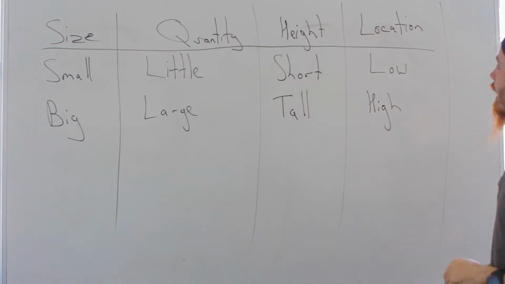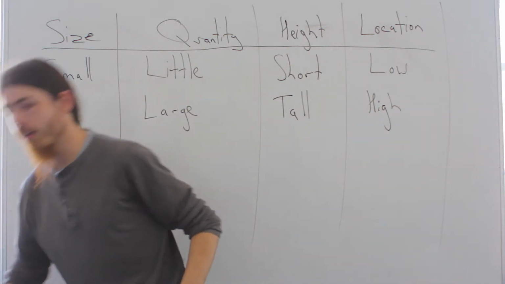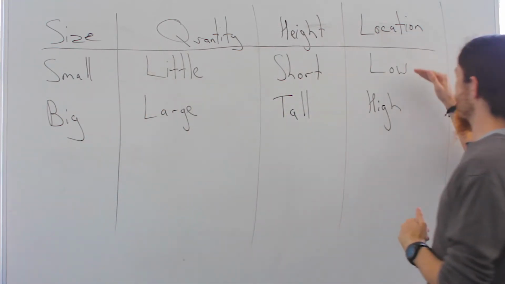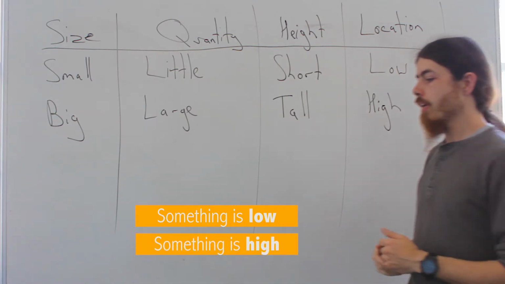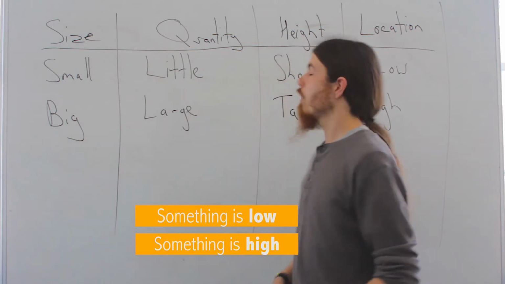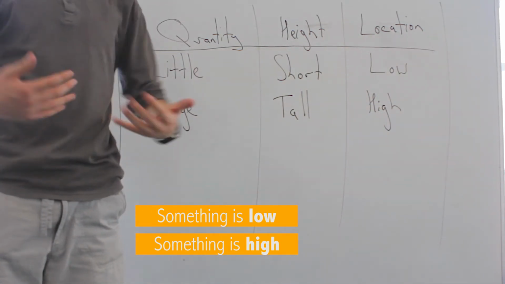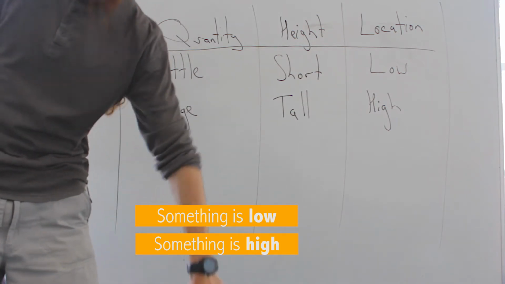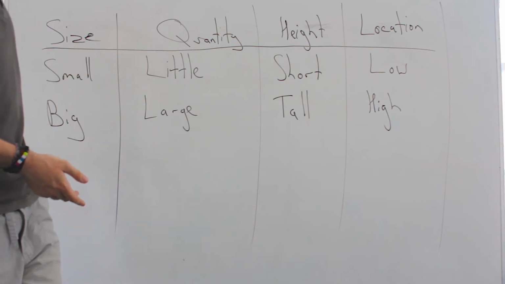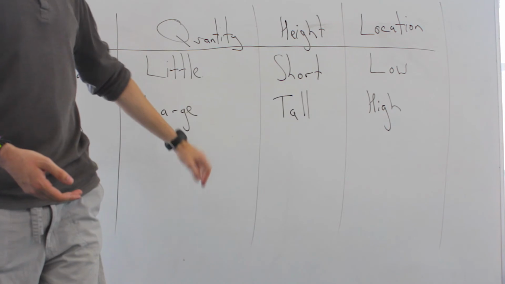And then lastly, we have location. Now, we're talking about location in English for sizes. We can have two words. We can have something is low or something is high. If something is low, it's down low, it's low. But if something is high, it is high. Right now, I am high. Down there is low. So high, low, and our categories again, size, small and big, quantity, little and large, height,